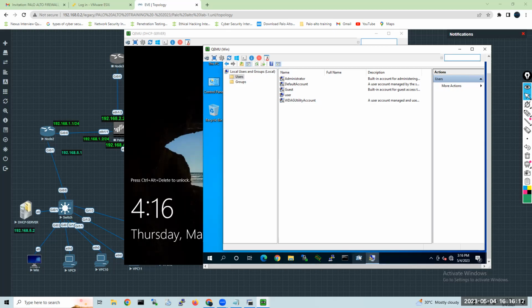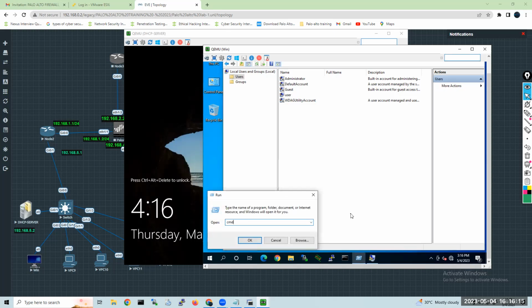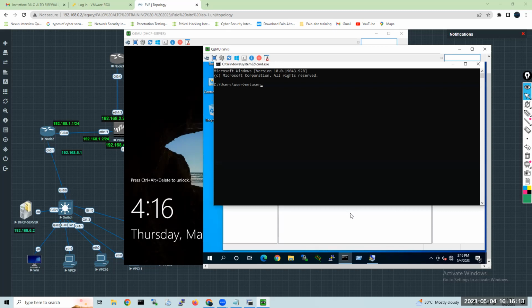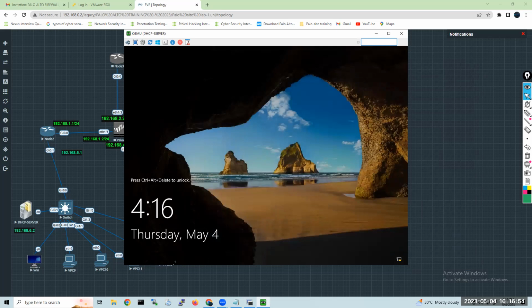You can also do this through a command. If I go to the command prompt and give net user, enter. I think we have to enable this service, no? See here, I can identify who the users are right now. We have the administrator account, default account, guest account, user, and one inbuilt account. So the command is net space user. By default, you can see the administrator account is